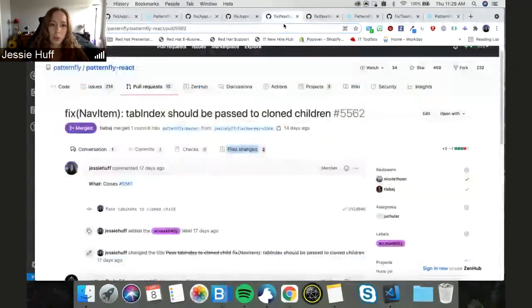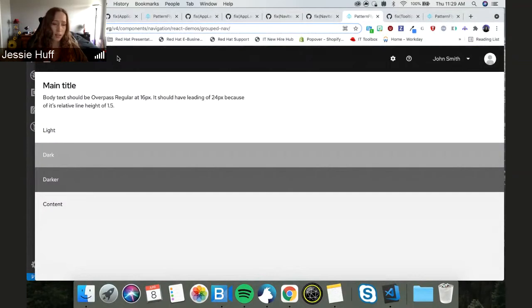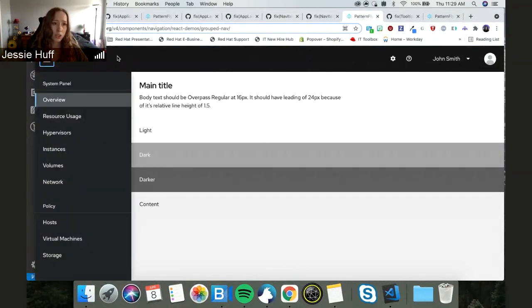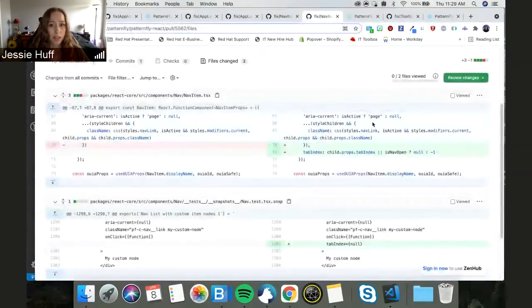Another one that we've updated is NavItem. I think I'd shared something similar before, that with ours, we wanted to make sure that the tab index works when it's open and that you're not tabbing to it when it's closed. Well, if you customize that NavItem, I was noticing there was kind of an issue with that. So we just had to pass the tab index with clone children, which is kind of similar to that component issue. So we noticed that in multiple places and fixed that.